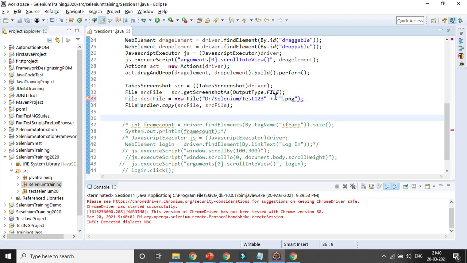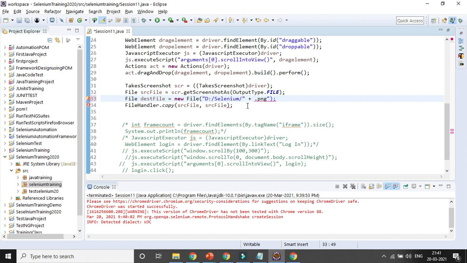Let's see whether it's working. Or instead, I will use the D selenium path, and here I will concatenate once again with the system current time instead of any name. So by default, it will take the system timestamp.